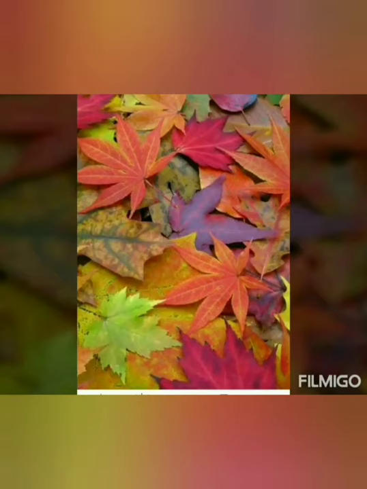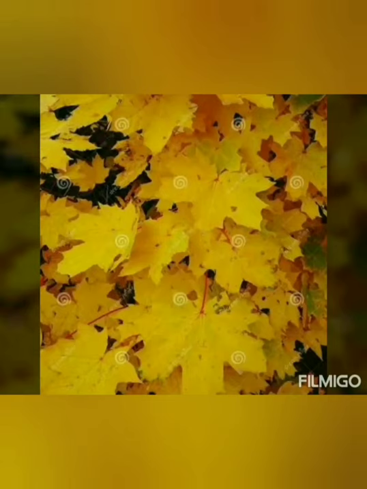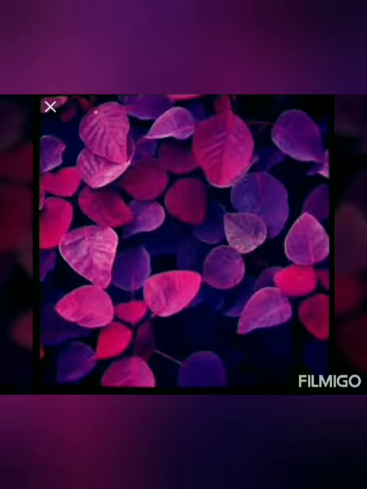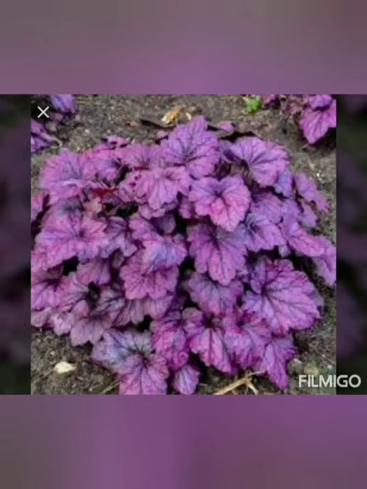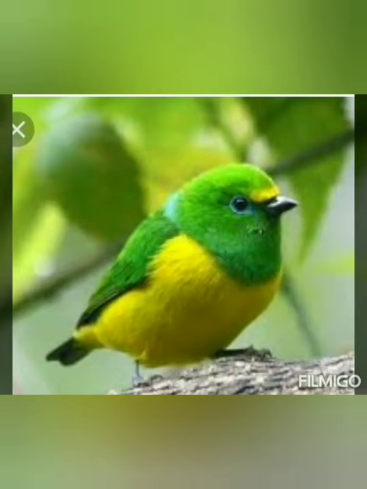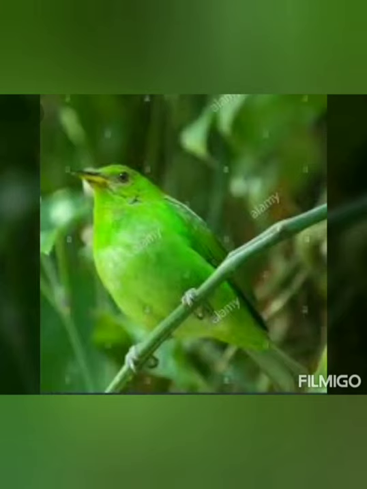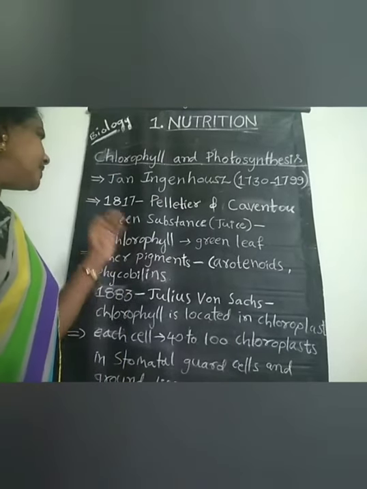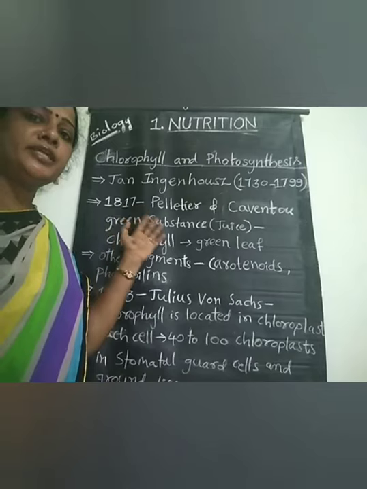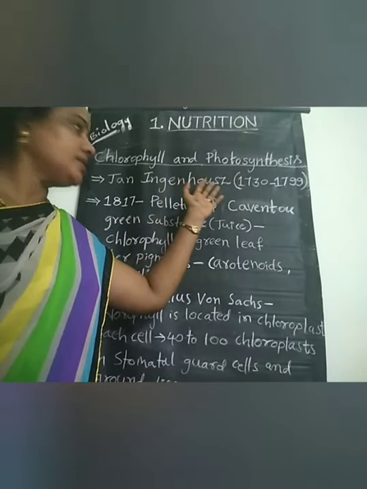How is it that new leaves which look dark red in color in several plants turn green? Do plants having reddish, yellowish and purple leaves also carry out photosynthesis? Is photosynthesis performed even in green-colored animals like some birds? But until the 1870s, Julius von Sachs and other scientists did not get any answers to these questions.